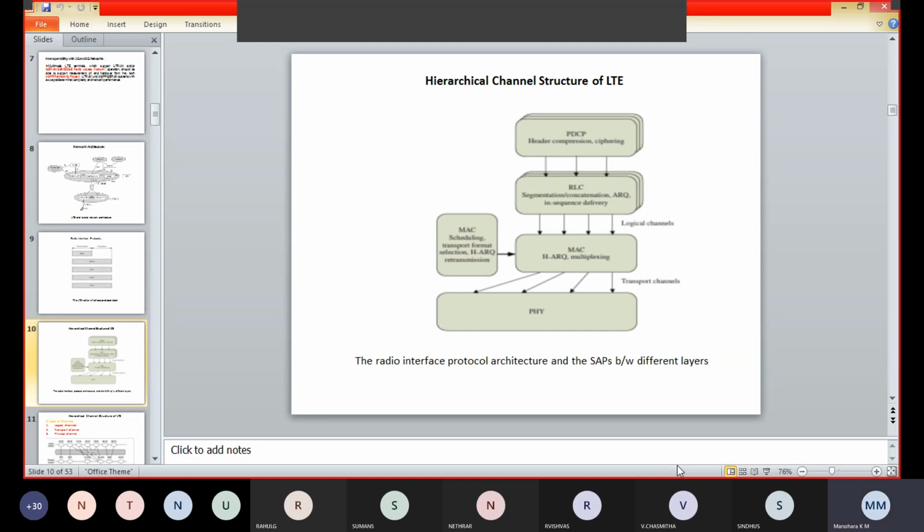So the last one we have is uplink control information. So here it is for measurement indication on the downlink transmission, scheduling request of uplink, and the HARQ acknowledgement of downlink transmissions. So this is about the transport channels. So next we have physical channels that will continue in the next class.